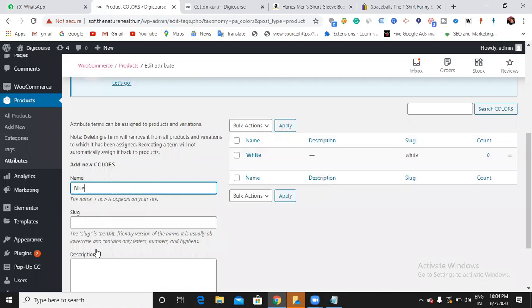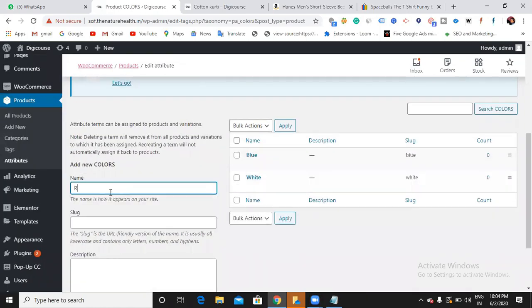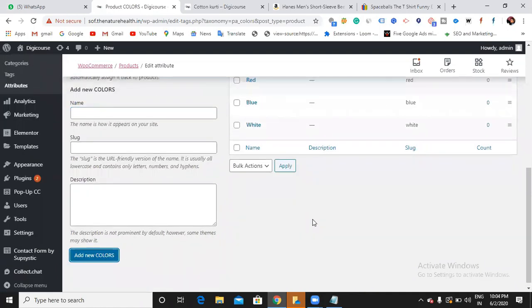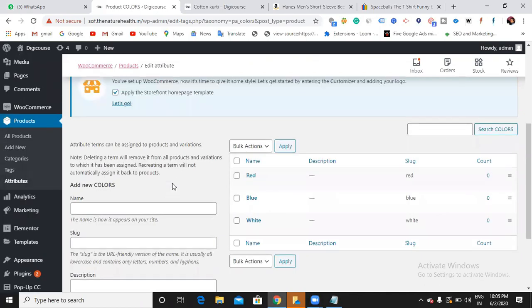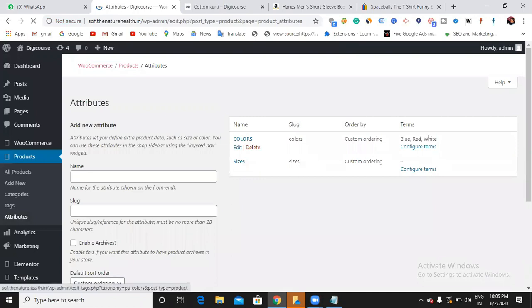Let me add some blue, red. Okay, fine, 3 colors is fine. I just named the 3 colors: blue, red, and white. Let me mention the sizes as well.